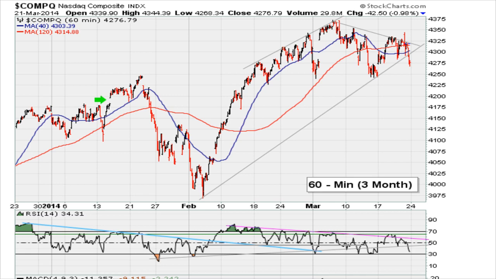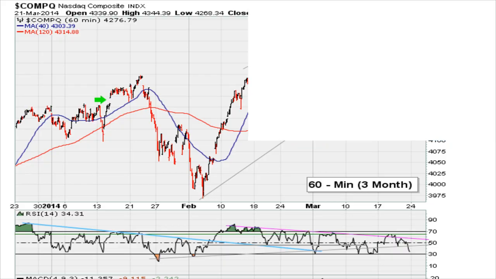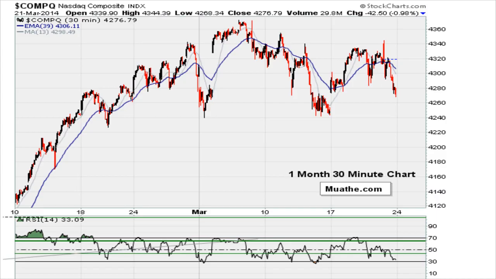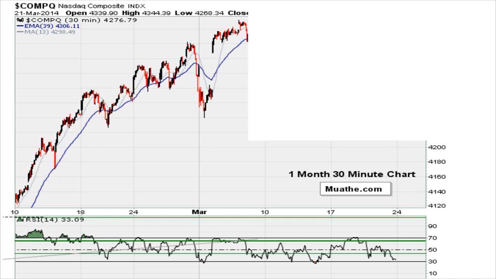If we take a look at the 30-minute chart for the Nasdaq, we see again this idea that this here was fake, and this was options expiration there, that blip there, and then back below the channel, which makes a lot of sense that we saw a pullback towards the close. Now if we take a look at the Dow Weekly,